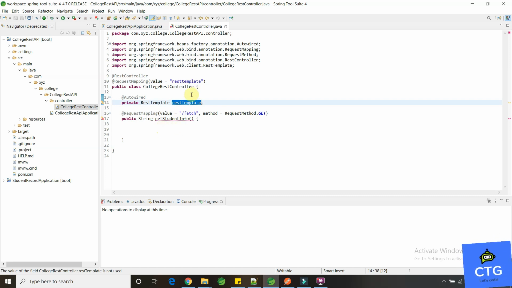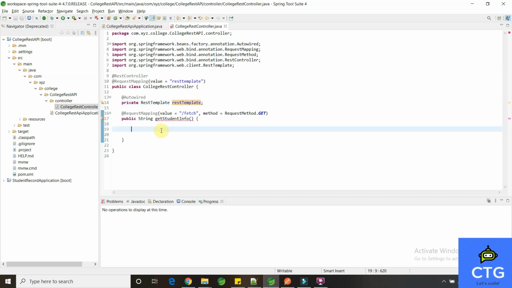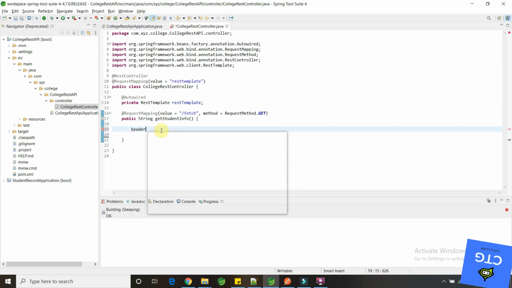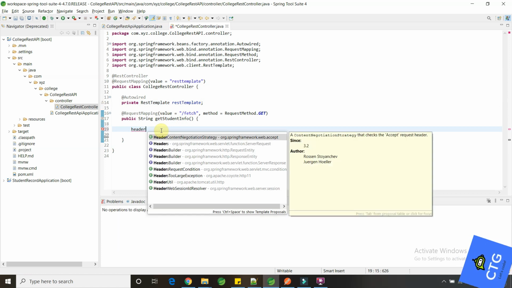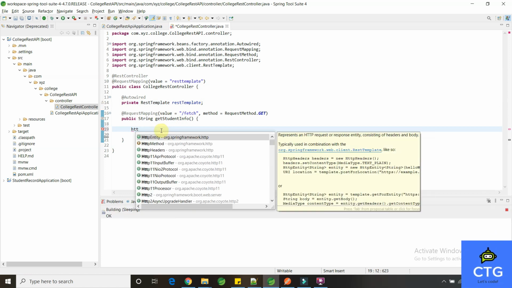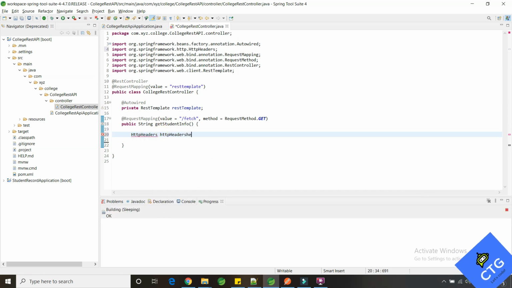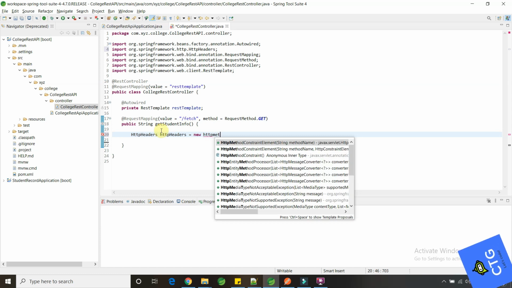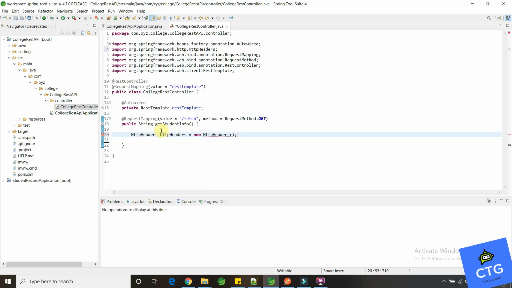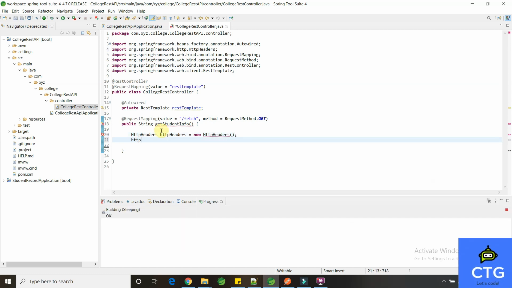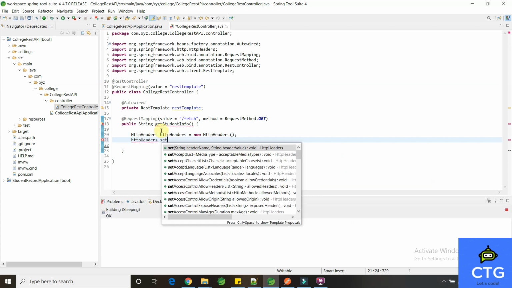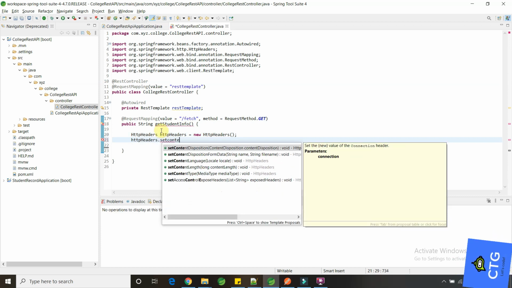Now we are trying to communicate from this API to another API by using this REST template. For that, first we have to create the headers, basically the HTTP headers, which are provided by the Spring Framework. You can create this HttpHeaders object. Now, from these HTTP headers we have to set the content type.